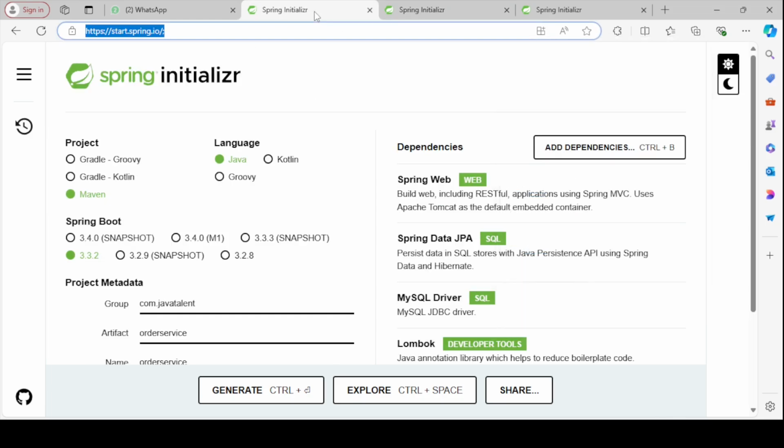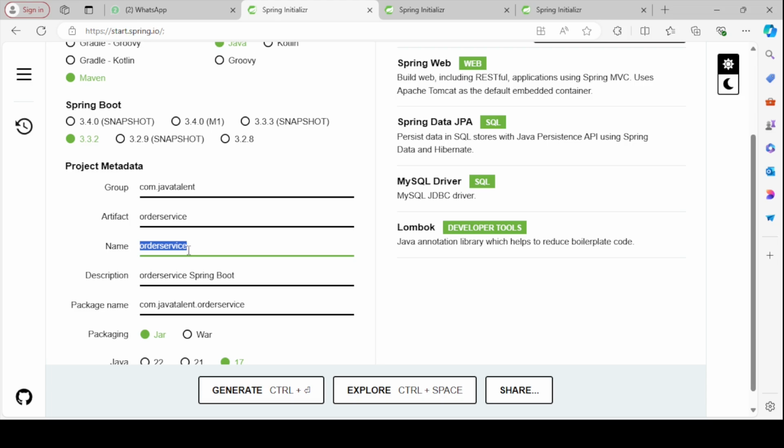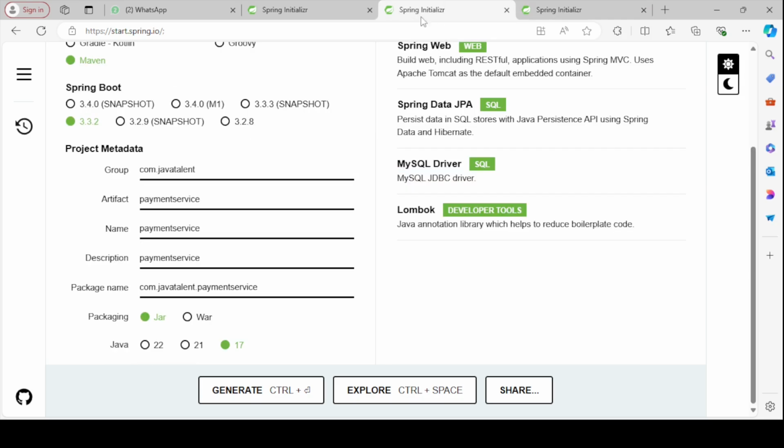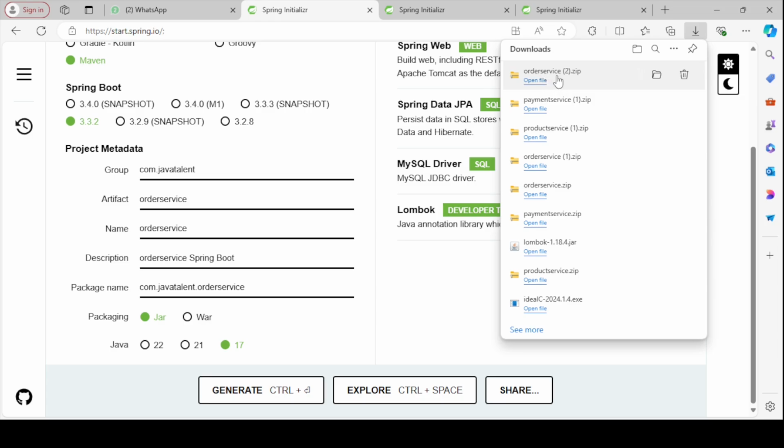And the third will be the Maven order service, because from there we need to call our product and payment service. So if you click on generate, it will generate the order service. I have already downloaded multiple versions of that folder,